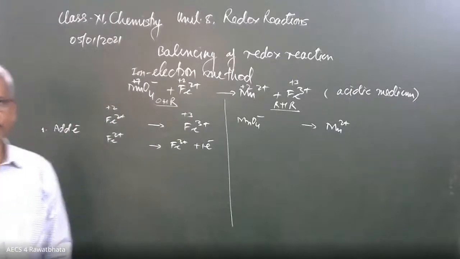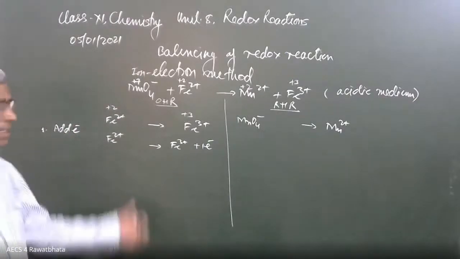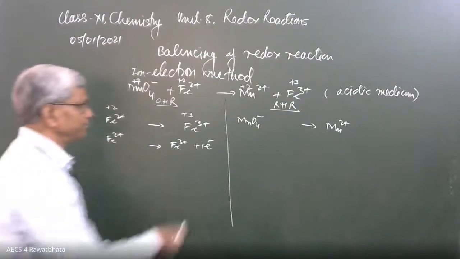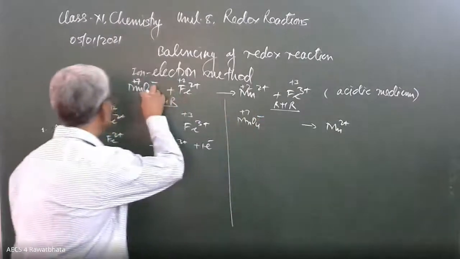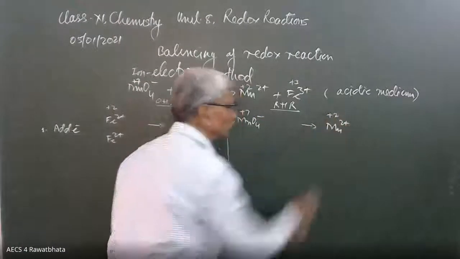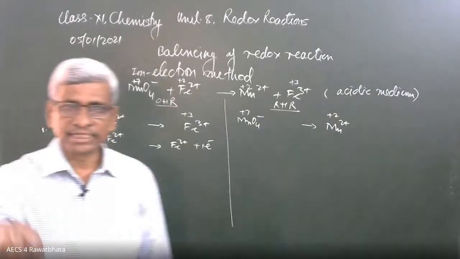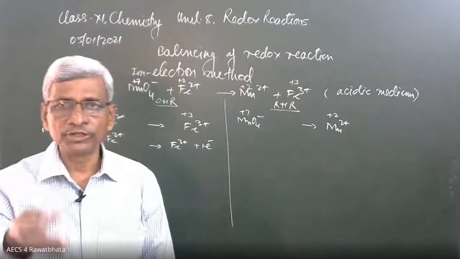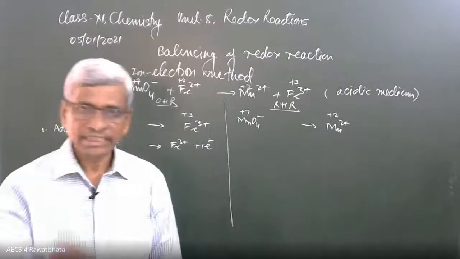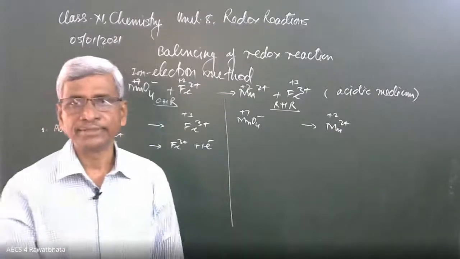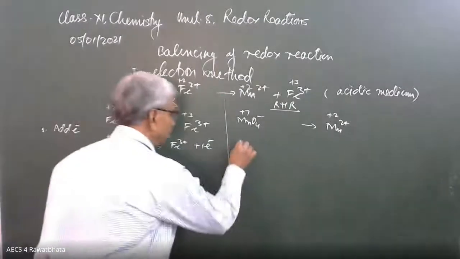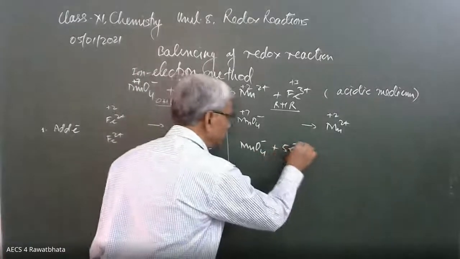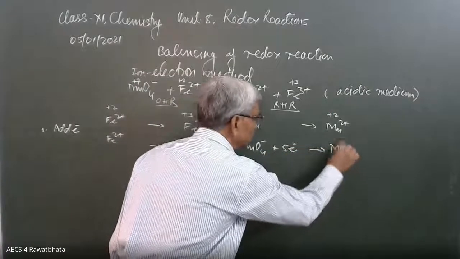This is the way to decide how many electrons are being lost by this oxidizing substance, the substance which is going to oxidize. Here +7 we have calculated earlier is going to change into +2. The decrease in oxidation number by 5 units. It means in this reaction 5 electrons should be added because it is reduction. Gain of electron is there. So the reaction is MnO4 minus plus 5 electrons gives Mn2 plus.